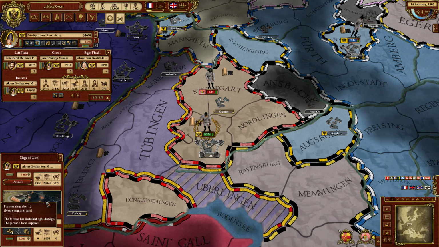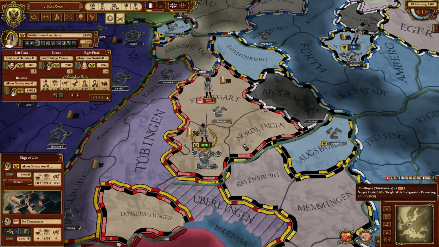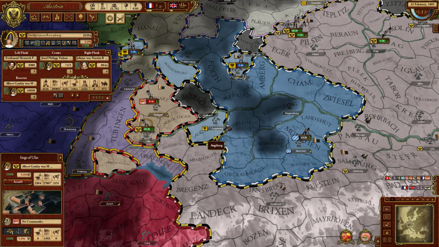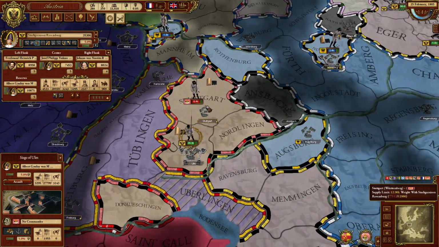We have now surrounded the fort. The fortress has sustained light damage, and the garrison lacks supplies. So we've surrounded the fort. We're just going to have to wait. Sieges are fairly quick, though, because we do have a lot of artillery. We also do have plenty of supply, right? We're not really at risk of being